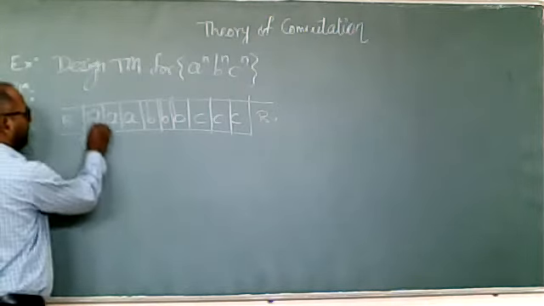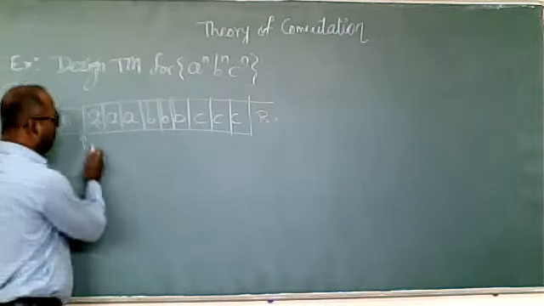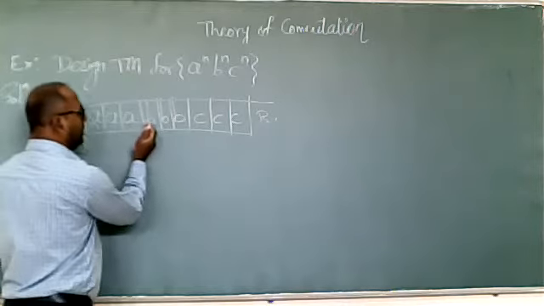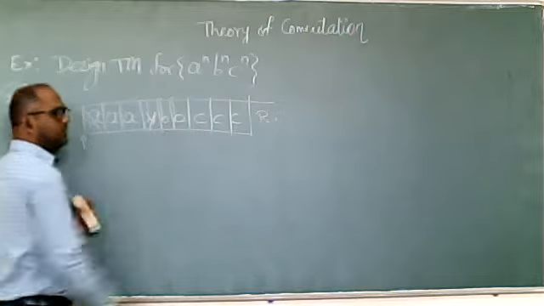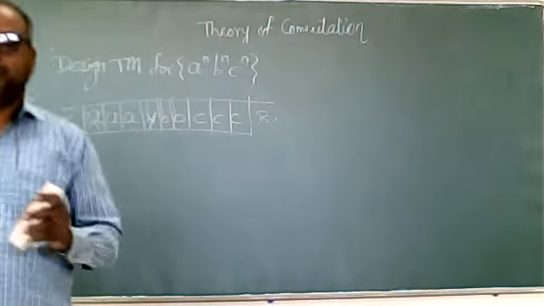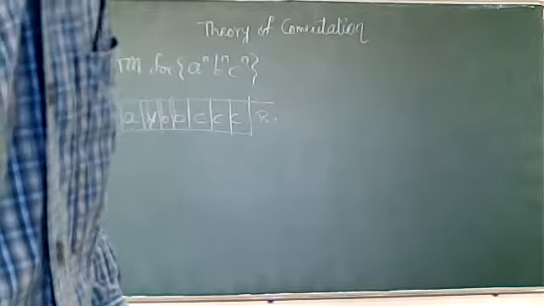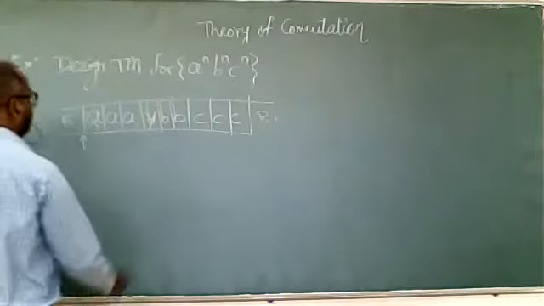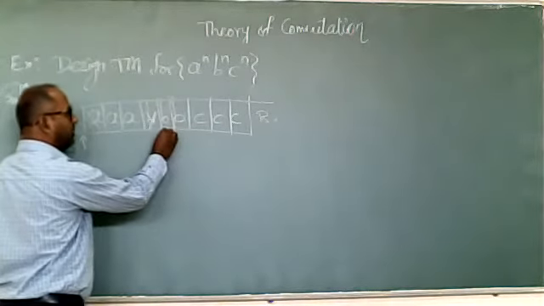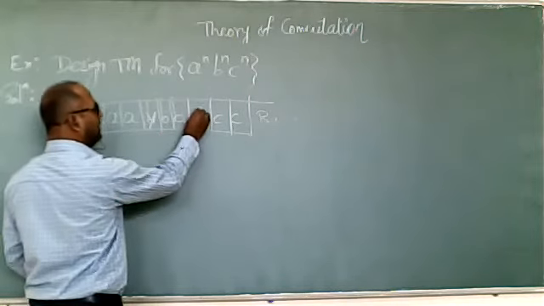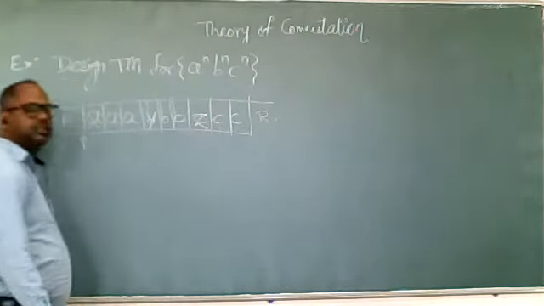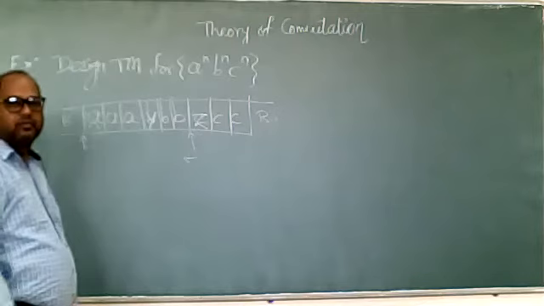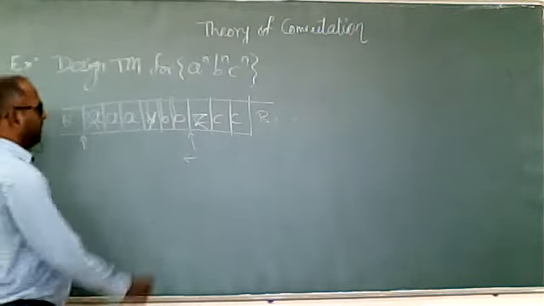If we find an A, we'll mark it as X and move to the right to find the B. For the other A's, skip. If we get a B, mark this B as Y, and write again. Now we have to find the C. B, skip; C, yes, mark this C as Z. Now change the direction towards the left and start again from the beginning.